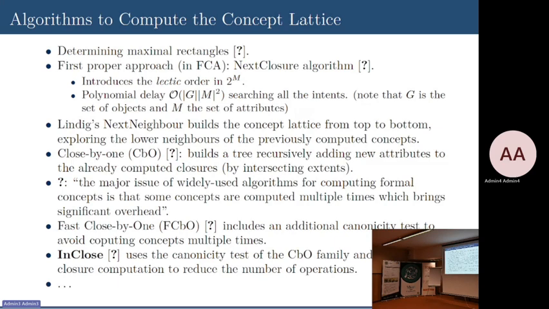The Next Closure algorithm was devised by Bernard Ganter, where he introduced the lectic order in the subsets of attributes, and it was an algorithm with polynomial delay. So even though the problem is hard, the algorithm has polynomial delay, which is not as bad. Lindig's Next Neighbor was another big leap in the computation of the concept lattice, and at least for us, the Close by One, from now on CbO, algorithm devised by Kuznetsov in '93 was a very big step, because